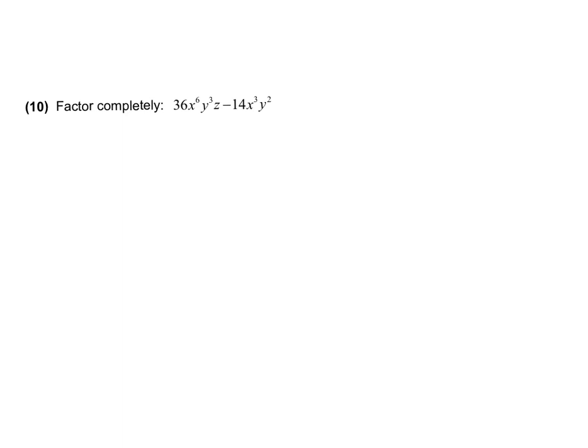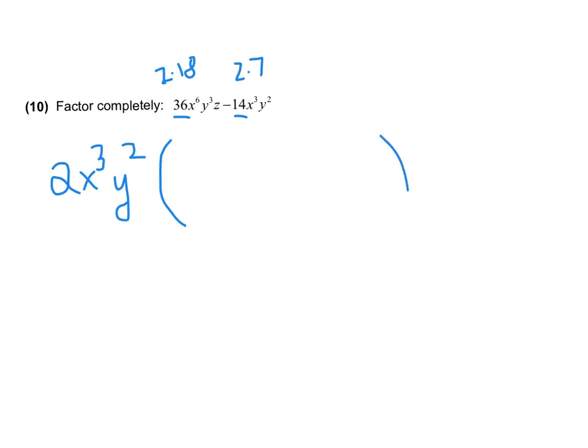Okay, number 10 is our last problem of this review. Let's factor out the numbers first. So 14 is 2 times 7, and 36 is 2 times 18. And 7 and 18 have no common factor, so we'll take out a 2. In terms of the x's, I'm going to take out the smaller of the two numbers, so I can take out at most 3x's. With the y's, I can take out at most 2y's, and the second term does not have a z. So I just found out what our greatest common factor is, and that is the GCF is 2x cubed y